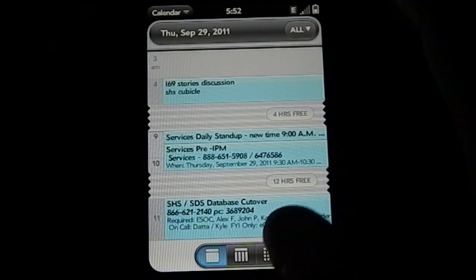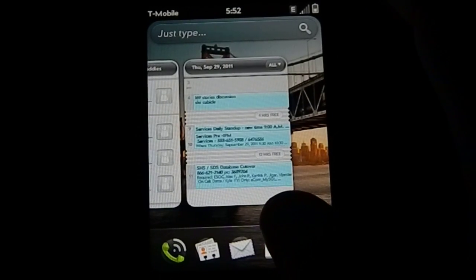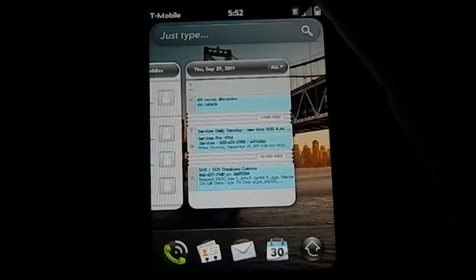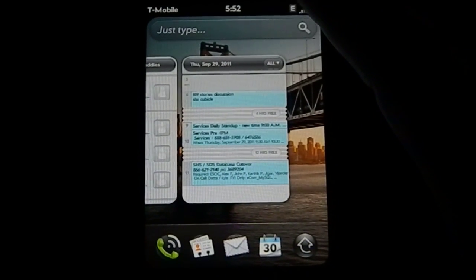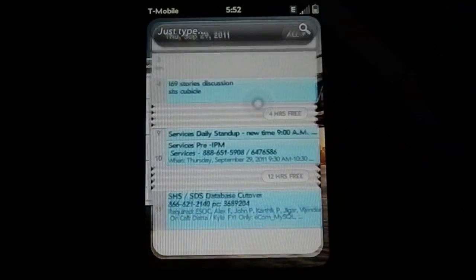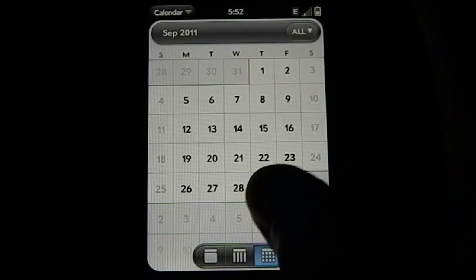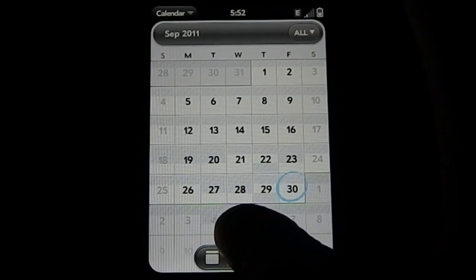You can sync all kinds of meetings in here, like your Exchange meetings, or the Google meetings, or the Facebook calendar. You can search all sorts of calendars, and in a calendar you have the standard features of showing a month view and a week view